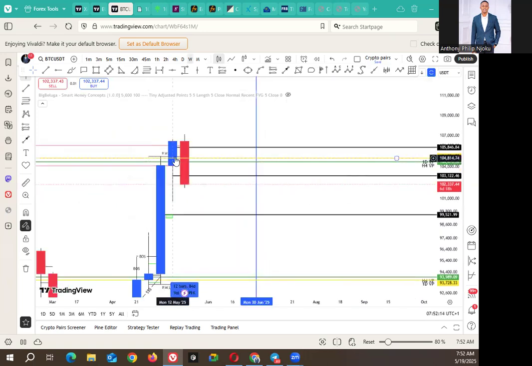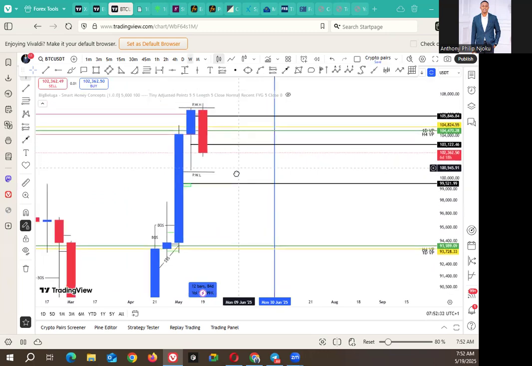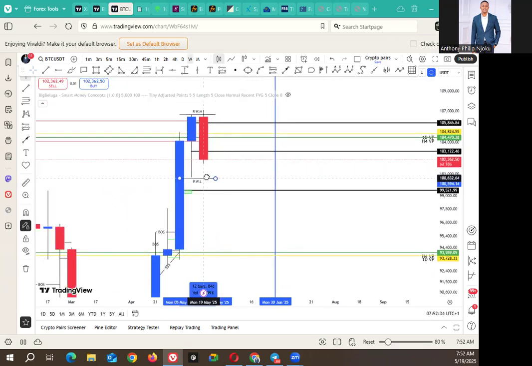Okay, so this is the previous week high over here for Bitcoin, and this is previous week low for Bitcoin. And this previous week low for Bitcoin. So, you know,